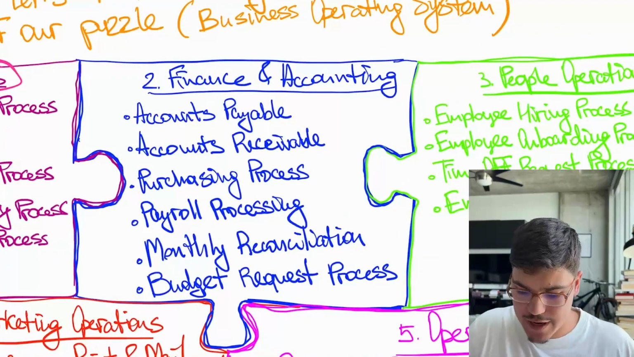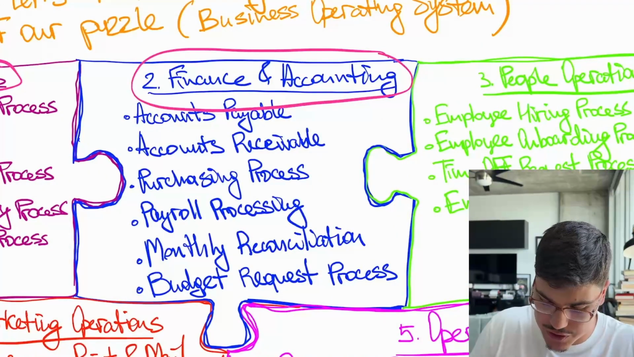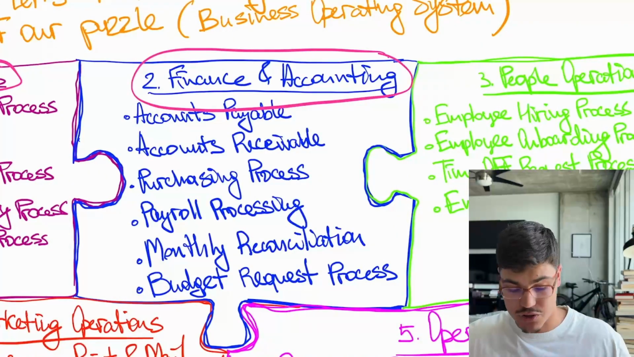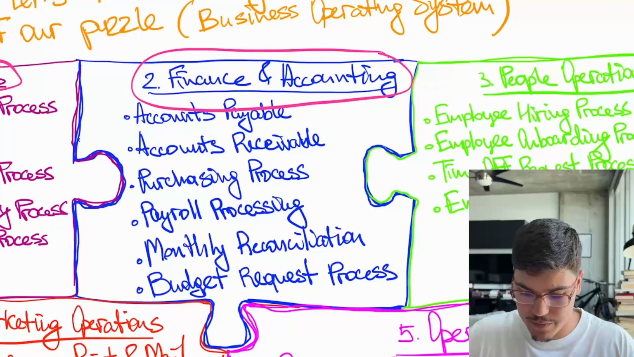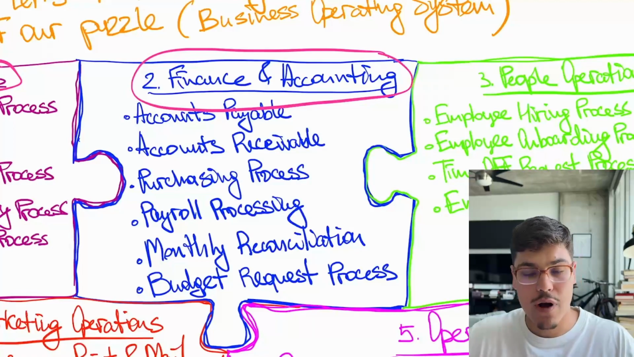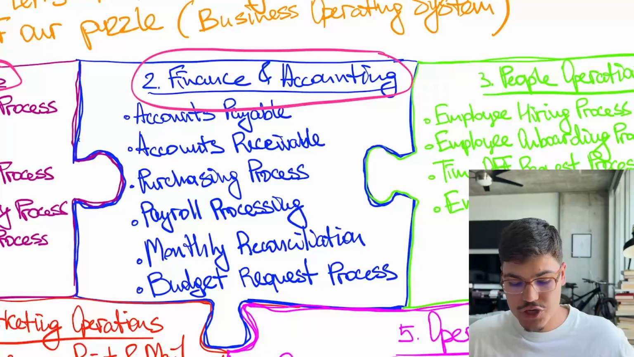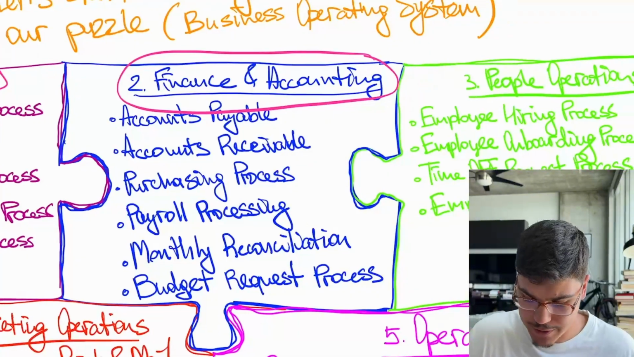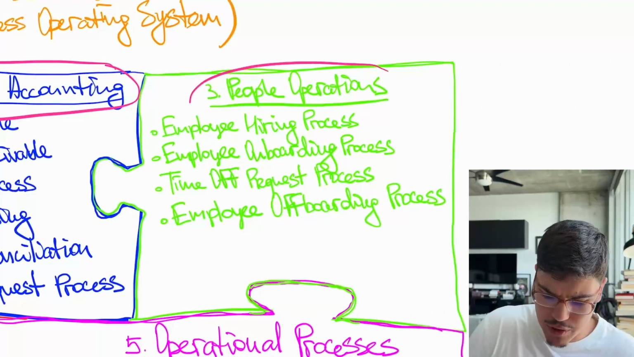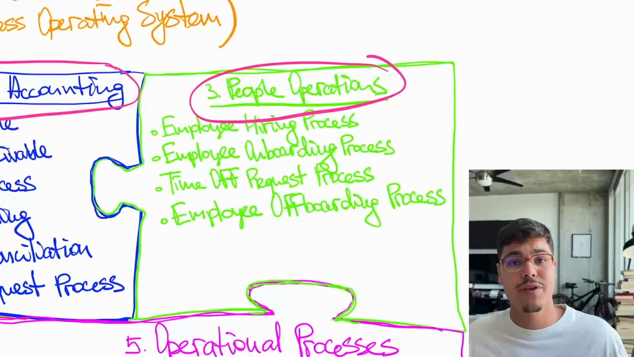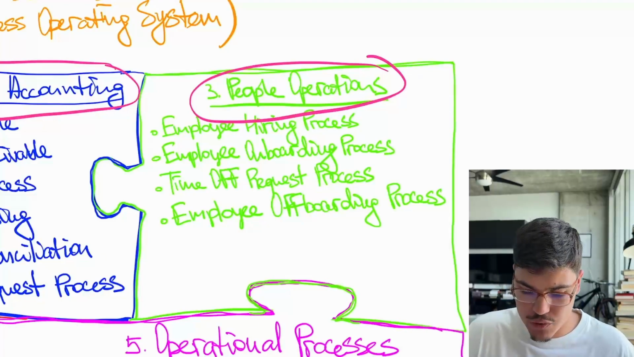The next part is finance and accounting, right? This is the part which is extremely important for your reporting, for making sure your cash flow is doing all right, and for all the different financial metrics in your business, right? We also have the people operations, which is again basically everything about hiring and managing people and human resources inside